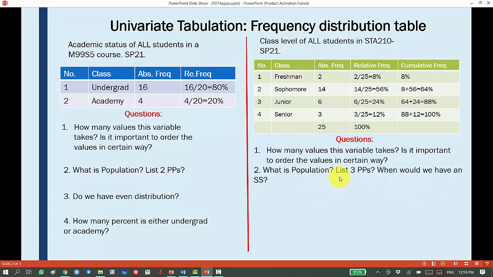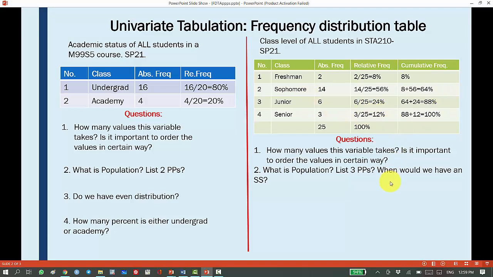What is the population? List 3 population parameters. When would we have a sample statistic? First of all, the population is all students in Statistics 1 class, all 25 of them. 3 population parameters can be the number of freshmen, the percentage of sophomore, 56%, or the number of junior students or the number of senior students. All of them are